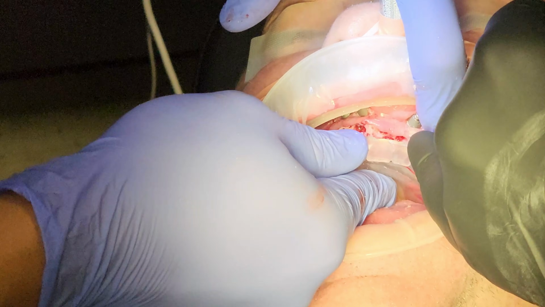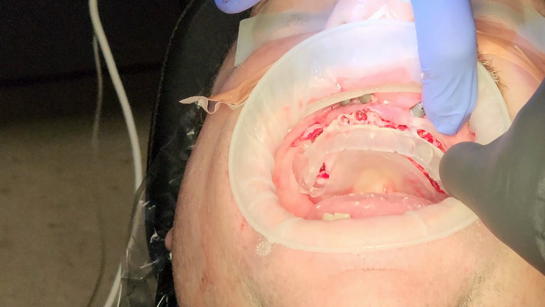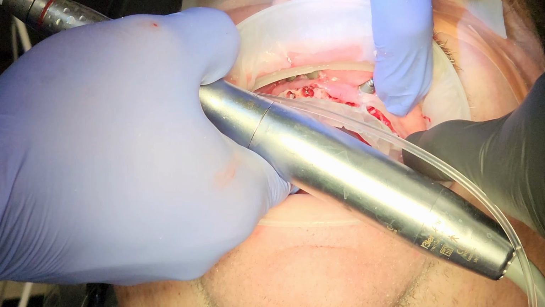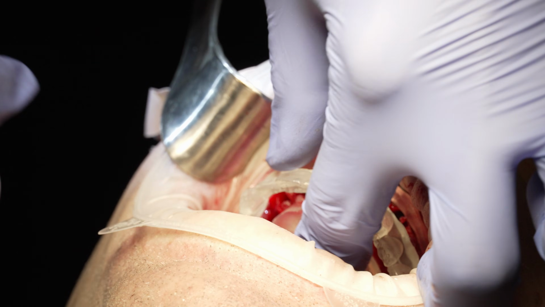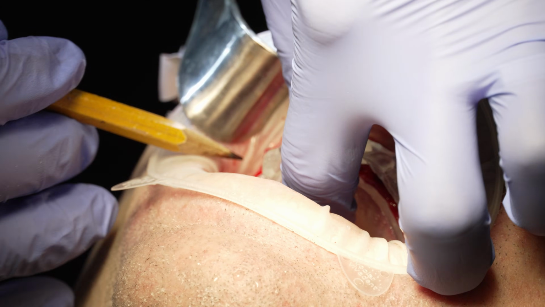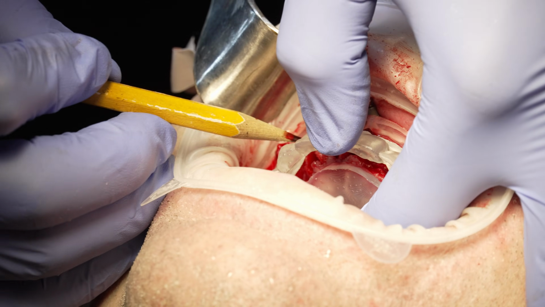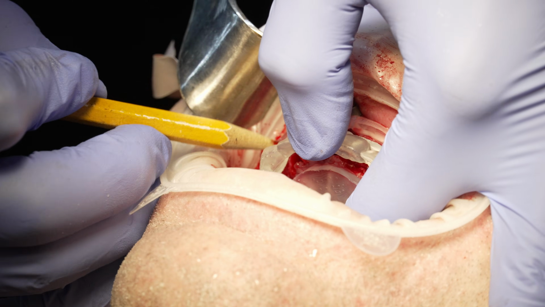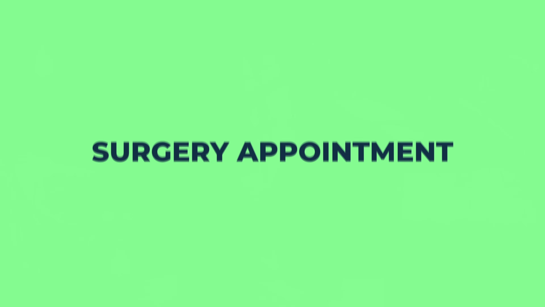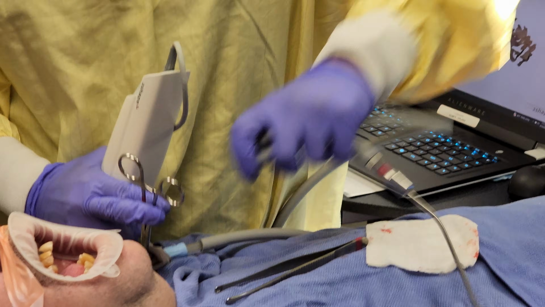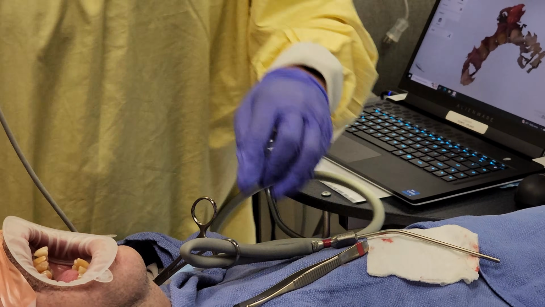Now remember, we are making a 3D guide for the surgery, and that same guide shows us the new bone level, but it will also have along that guide a long slot that shows us exactly in what positions we can make the sockets that we are going to put the implants into during the surgery. And so this will take us down to the day of the surgery. So now when the patient arrives, most of the time they are put to sleep and we are ready to